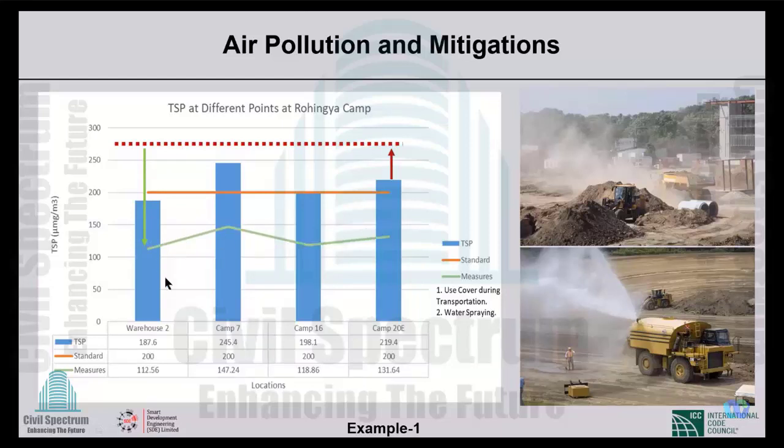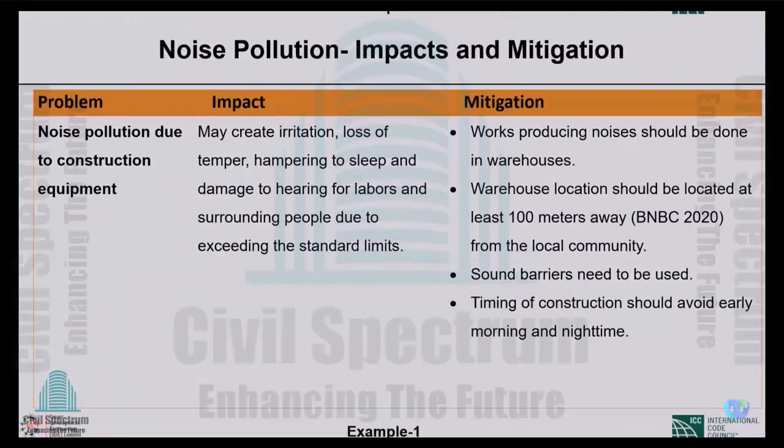So the baseline is blue. From the baseline, the standard line is red, and then with the interventions of construction, at the time of the construction, the added pollution particles will rise up to the dotted red lines. With the mitigation plans, we are able to lower it down. This is a clear understanding of how we can reduce it, and that is important for our building.